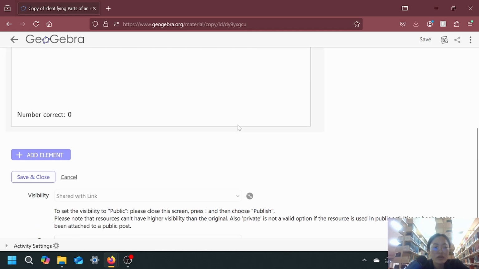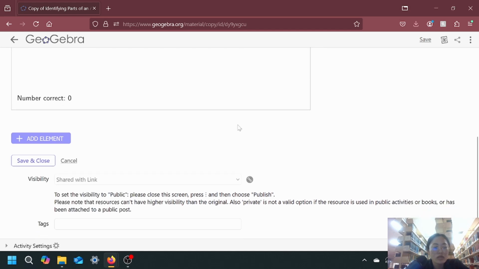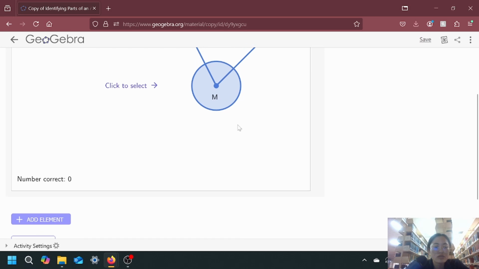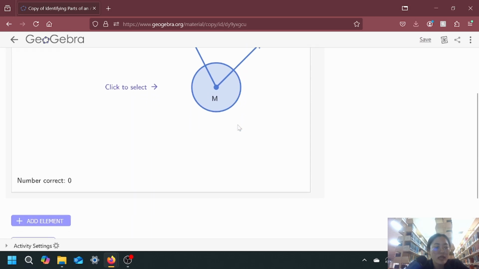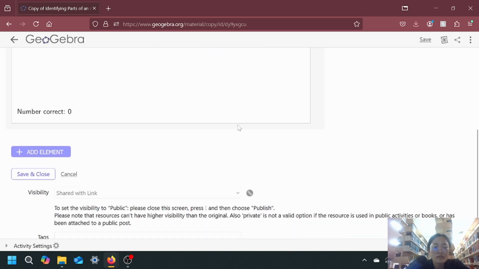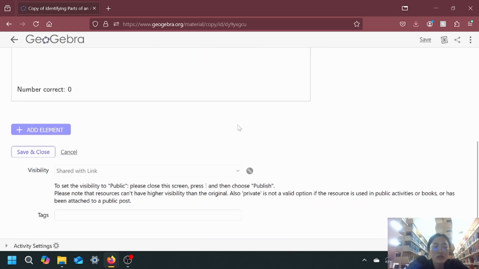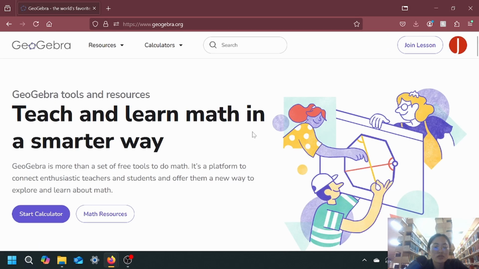The level of modification from the SAMR model can be described using this GeoGebra, as it allows for task redesign, moving beyond what is possible with traditional methods. For example, students can construct shapes, create angles, and experiment with geometry transformations. When you finish editing, you can click on Save and Close. You will be directed to the main page